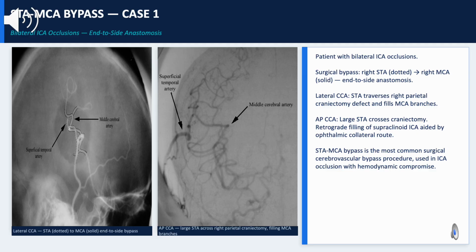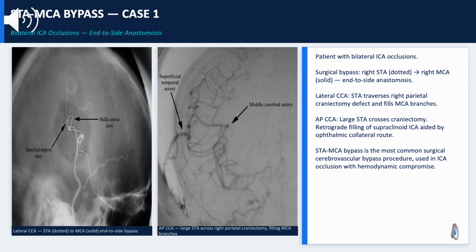The retrograde ophthalmic artery filling of the supraclinoid ICA via the anastomosis demonstrates that even after ICA occlusion, intracranial ICA flow can be restored by sufficient bypass graft flow pressure. The angiographer must trace the STA course from its scalp origin through the craniectomy defect to the MCA anastomosis to